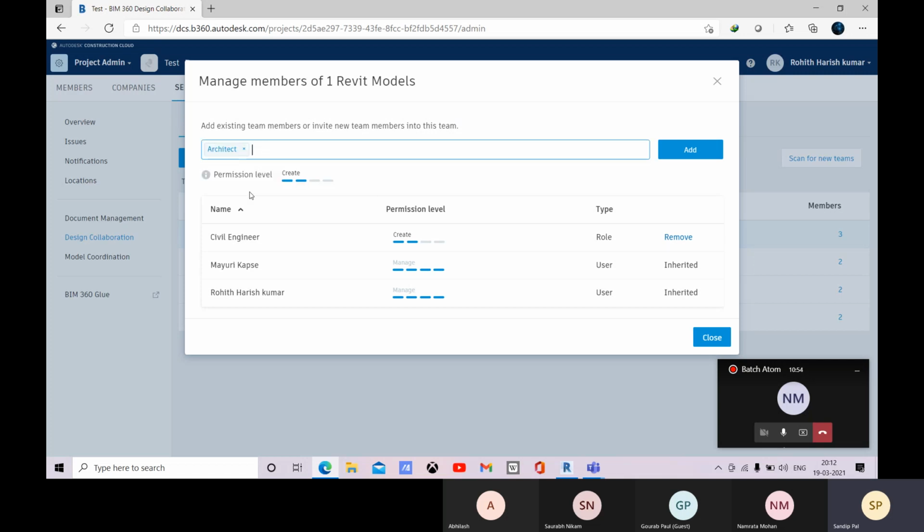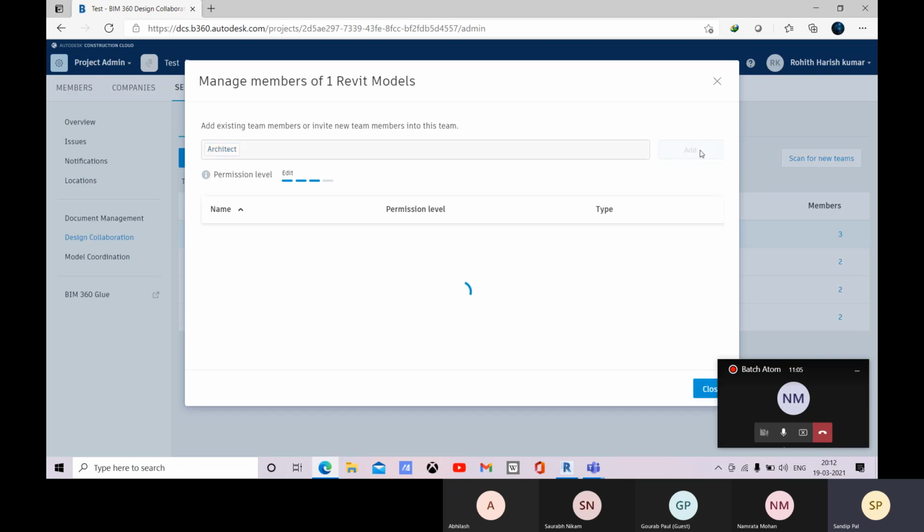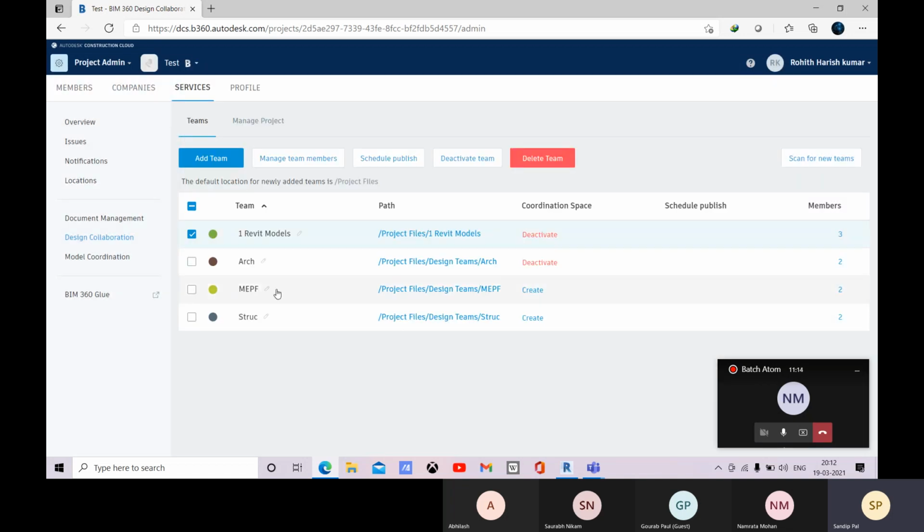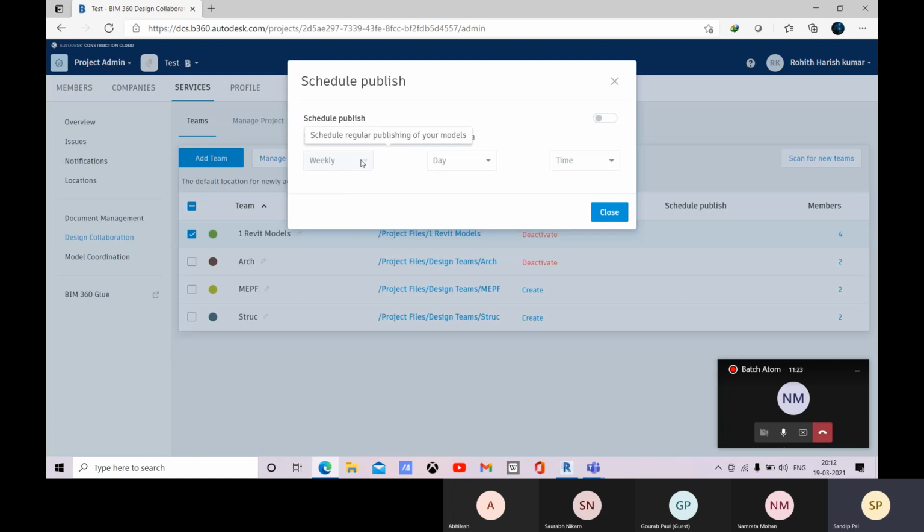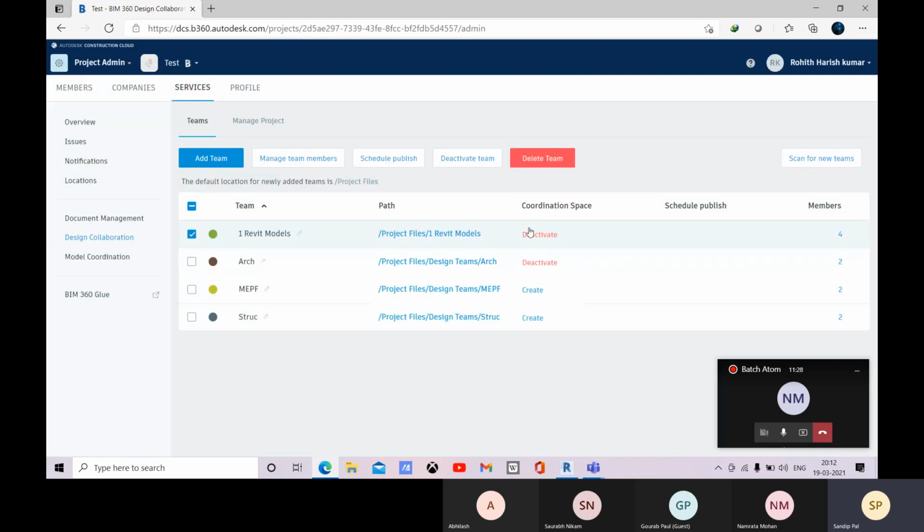And there you can define the permission level, like up to edit they can access the files. Then you can add and close, and they will be added within these members. Also you can schedule when it will be published. And it is activated for coordination, so you can deactivate or delete them.